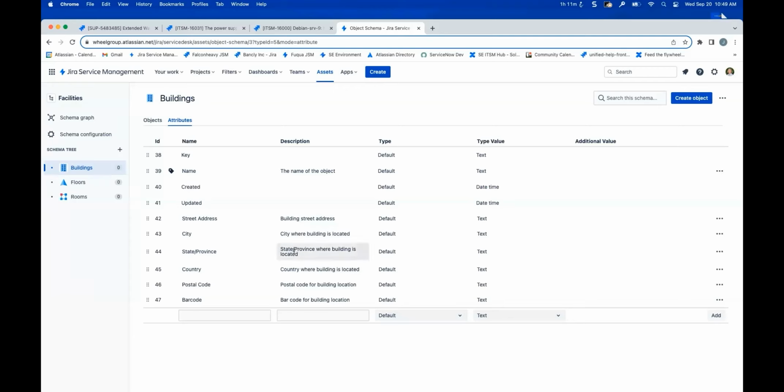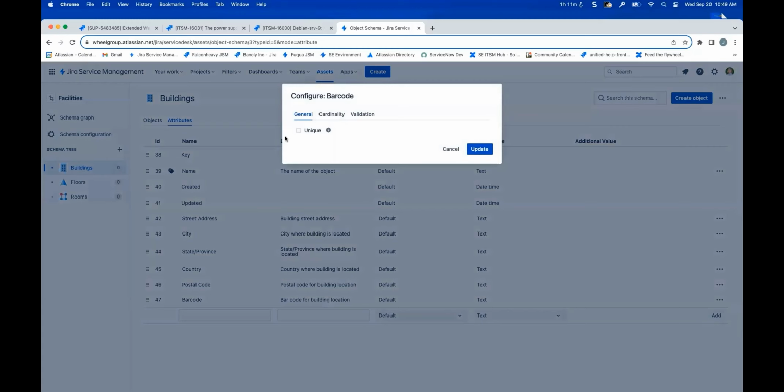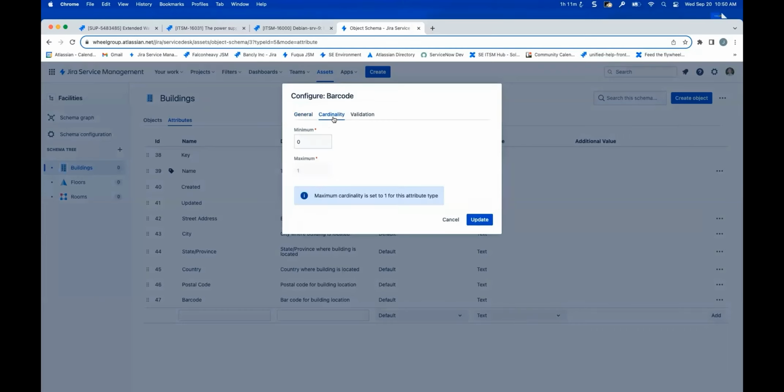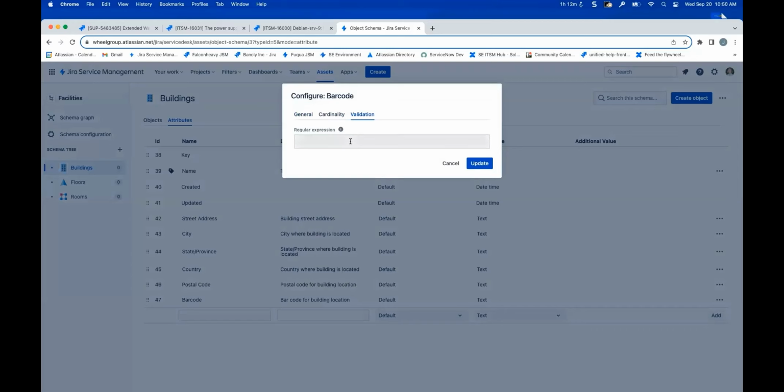Let's dive a little bit further into this barcode. I can change it. I could set the barcode to be the label. So, Julia, back to your question, if we wanted to, when we dig into the assets themselves, we can make the serial number the label and use that. We have a lot of flexibility. For data integrity, we can also define that a particular attribute will be unique. We have cardinality, where we can have a min and max value for our validation. And then we also talked about regular expressions.